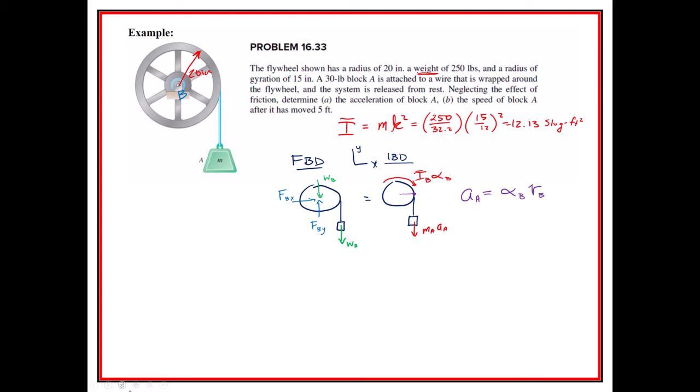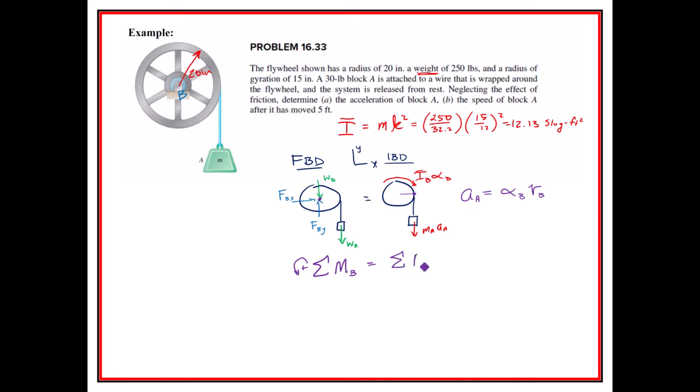Now we want to write out the equation for this, and I'm going to put it over here onto the side, even though I like to put it underneath it. That's okay, I'll put it underneath it. I want to put the sum of the moments, and I want to take it about B, because I don't want to use this reaction force. I don't know them yet, so I want to circumvent them. So I'll take the sum of the moments about B, and I say that it's going to be equal to